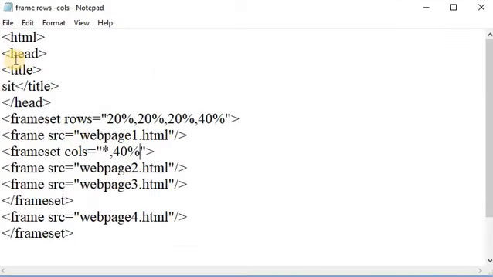This is another example to create rows and columns. Here in the main web page, I am creating 4 rows, and these rows are divided into 2 columns. Here I am creating the rows with 20%, 20%, 20% and 40%, and first of all the row is created with 20%. After that, the second and third rows are divided into an asterisk and 40% sign. After that the 40% row is created. In those rows we can also create columns, meaning split the rows into columns. Let us see the output of this program.